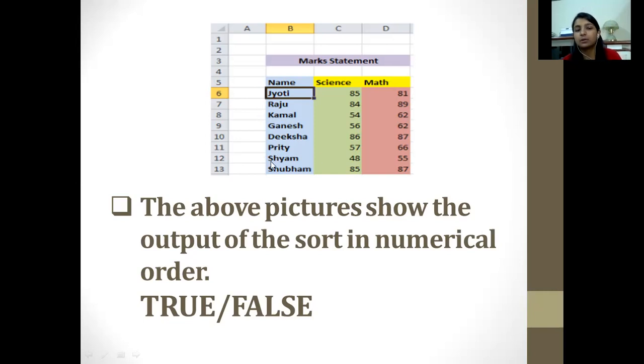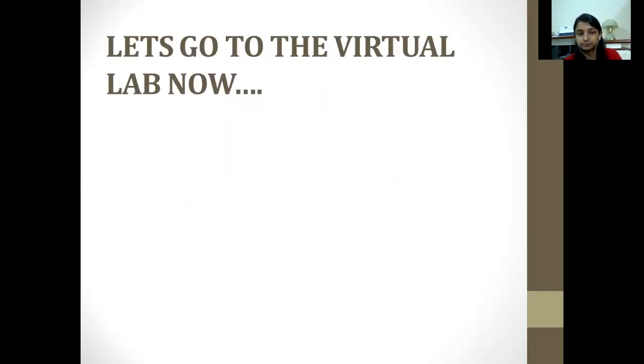No, they won't be changing from the left hand side. If I have inserted 85 in the third place, then this person's name, Jyoti, would be coming in this column only. Okay, so don't worry about that. The data won't change because the entries and the details are for that person only, so we can't change that in this order. It depends on you if you want to sort in numerical form or alphabetically. So now let's practice for the same.